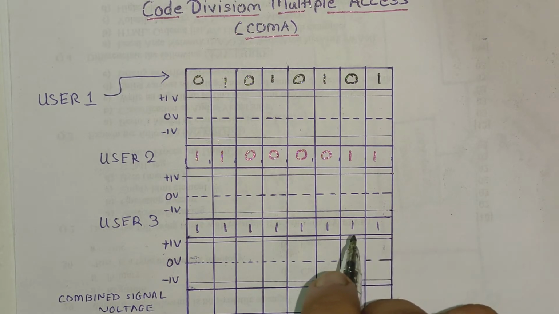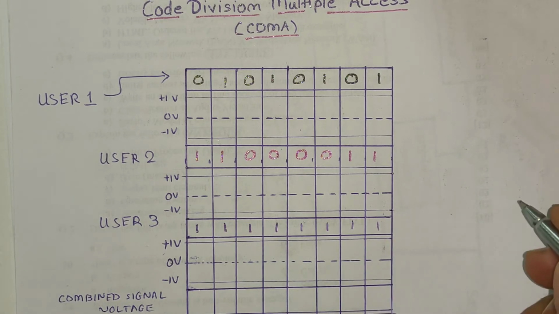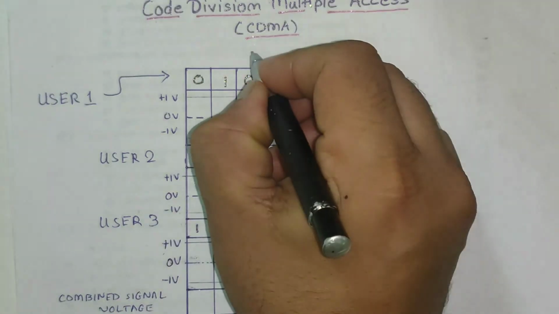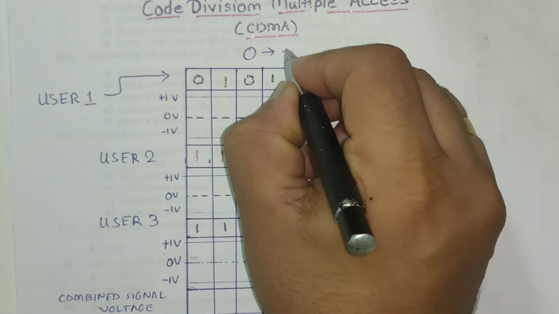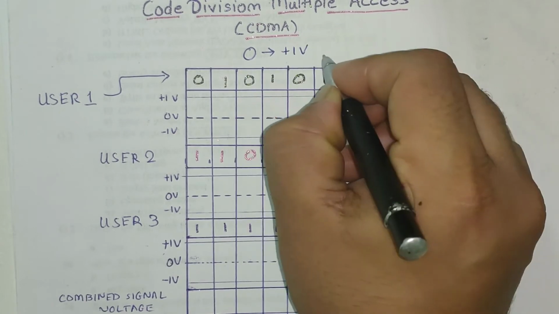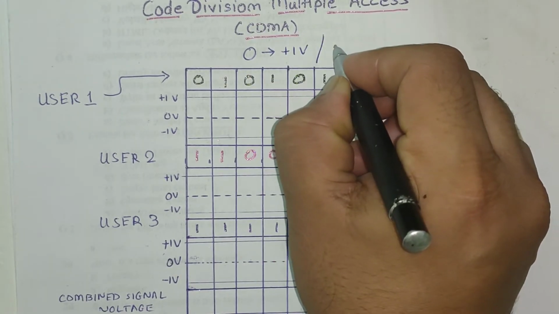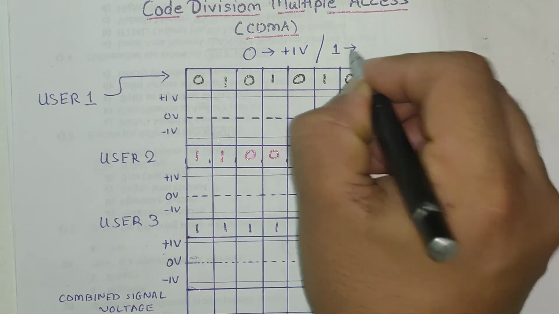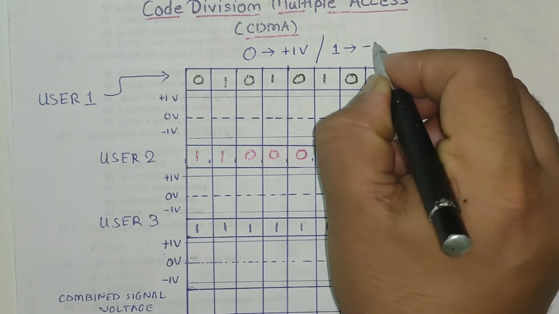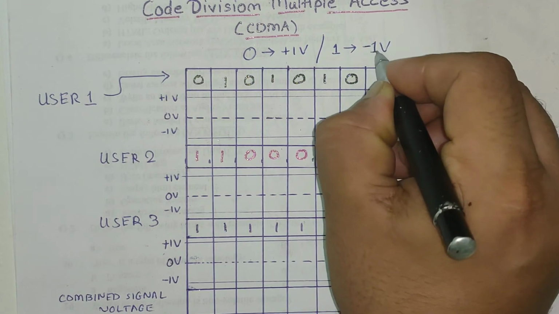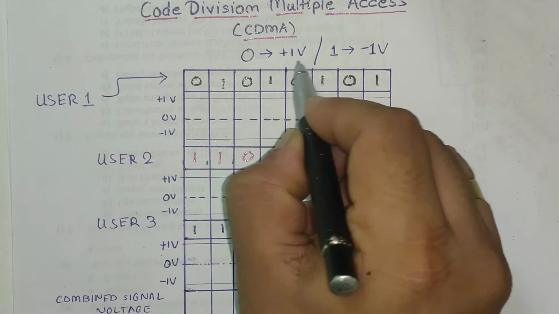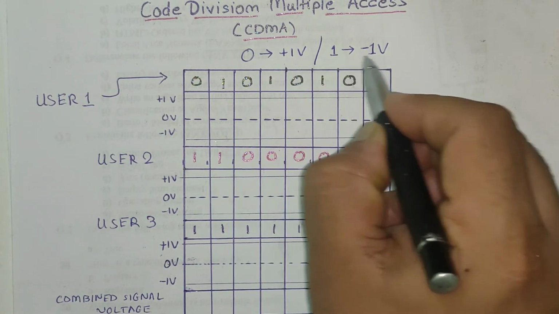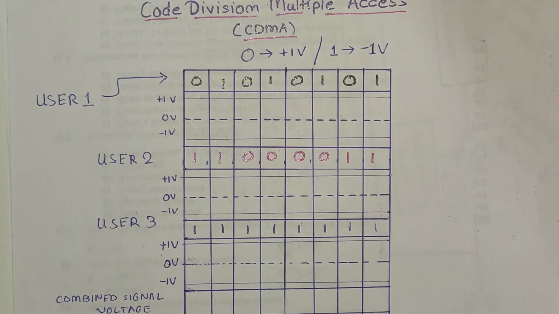What we are going to do is represent, let me write that down first, binary bit 0 with a voltage of plus 1. This is the scheme I am taking. And I am indicating binary bit 1 by a negative voltage value. So this is what the overall system is going to look like. To represent 0, I am going to indicate plus 1 voltage. To indicate binary 1, I am going to represent it with the help of minus 1 voltage.